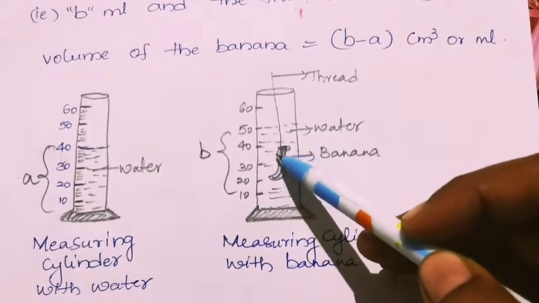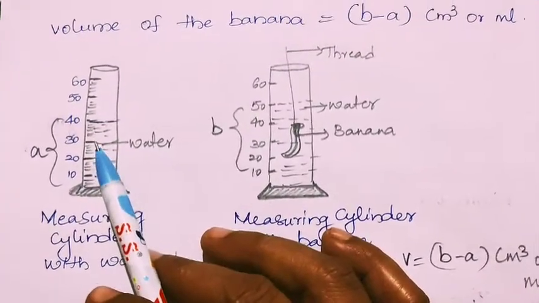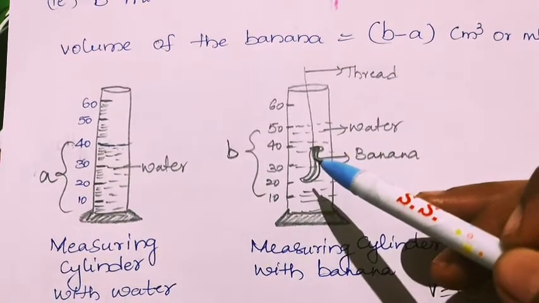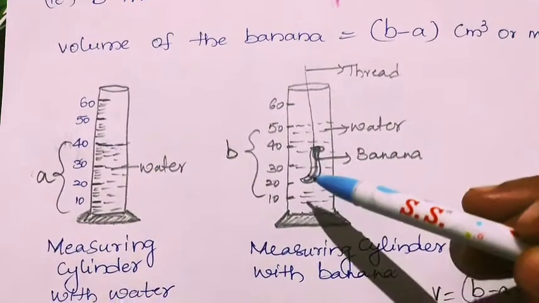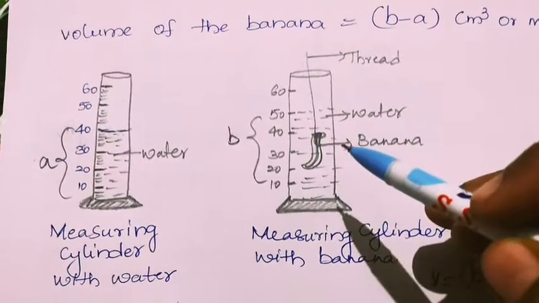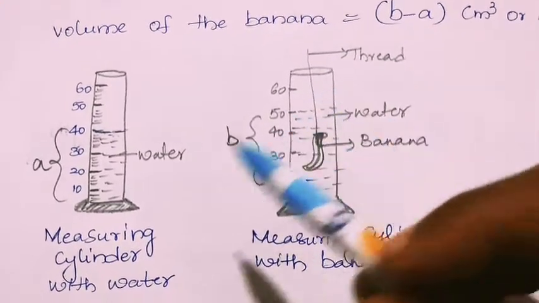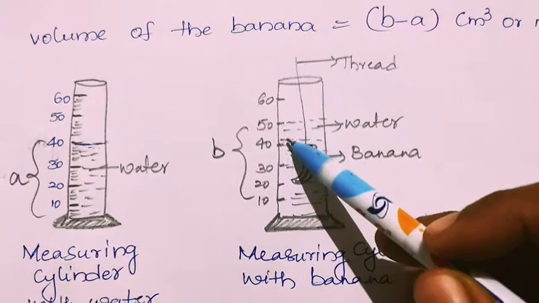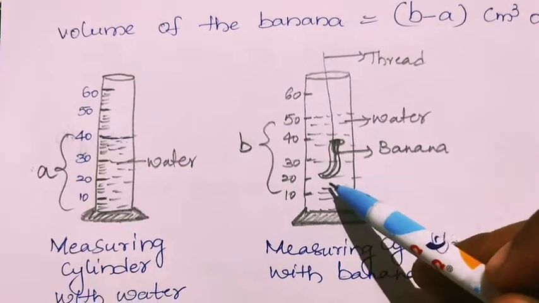With a thread, we have left the banana in the water, which we have filled in the earlier measuring cylinder. So, what will happen when we are immersing the banana with the thread into the water? The water level in the measuring cylinder will increase like this. See, for example, approximately. Approximately means it will increase depending upon the size of the banana. It may increase the volume of the water. So, earlier it was, for example, 40. Next, it is increasing to 50. So, that means some amount of the water level is increasing in the second one because of the banana.